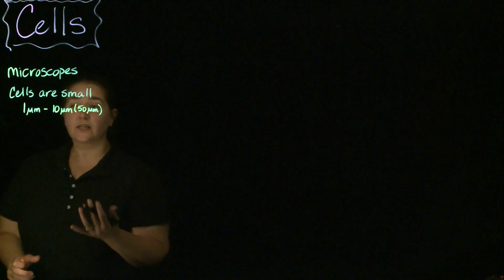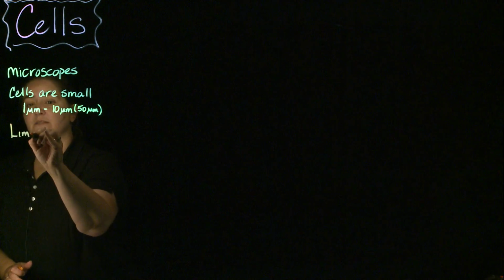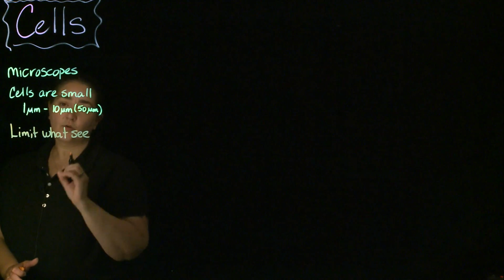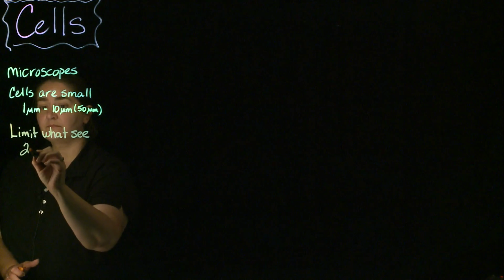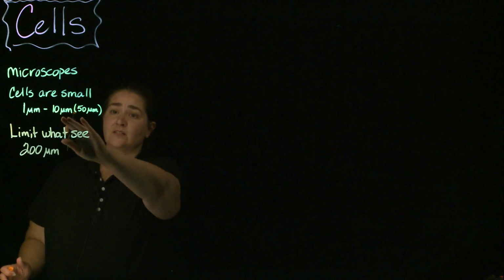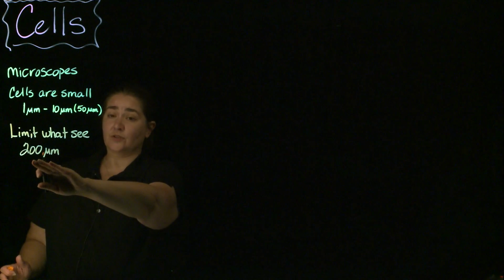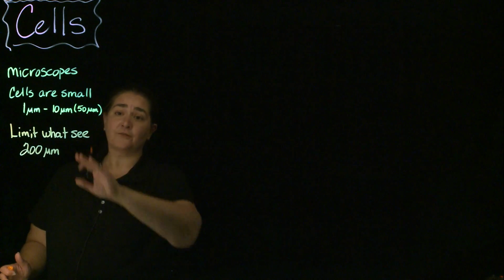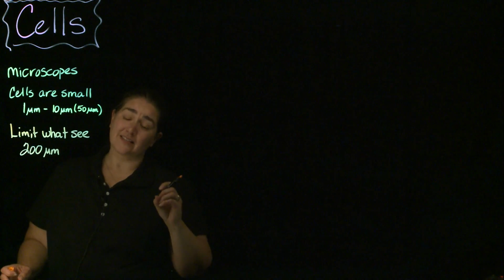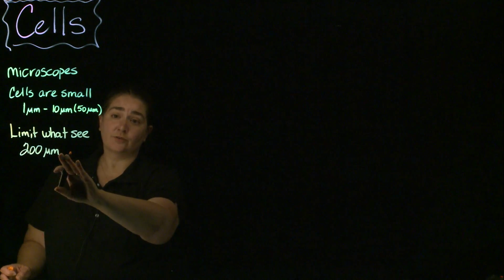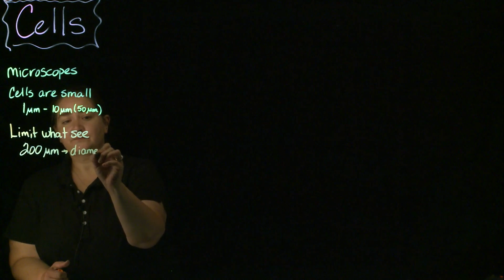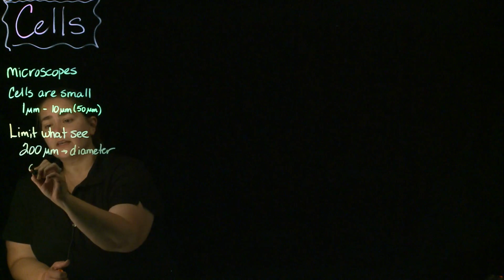But to give you some context, all right, the limit of what we can see with the unaided eye is 200 micrometers, all right? So that's a larger number than the 10 or the 50 that I talked about with the eukaryotic cells. And to kind of give you some context for that, what the heck is 200 micrometers? All right, 200 micrometers is about the diameter